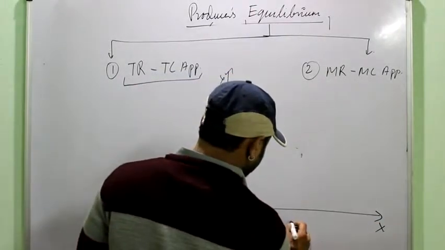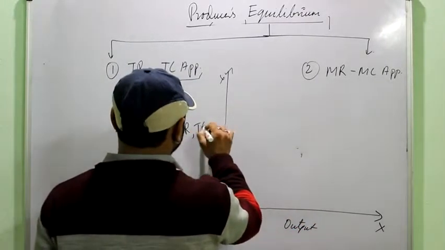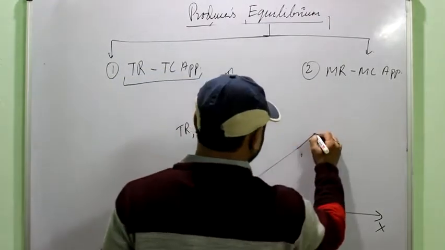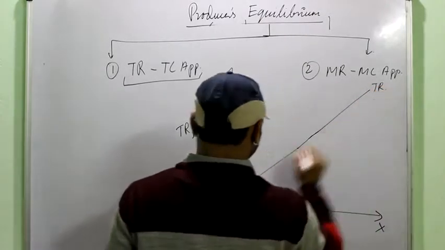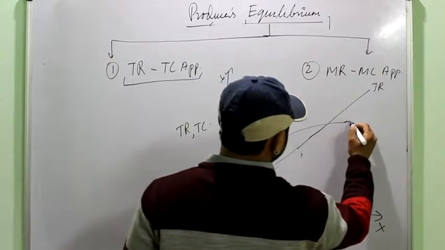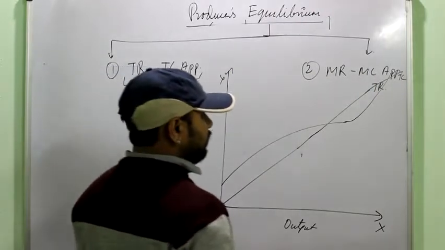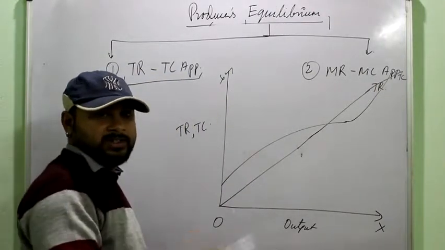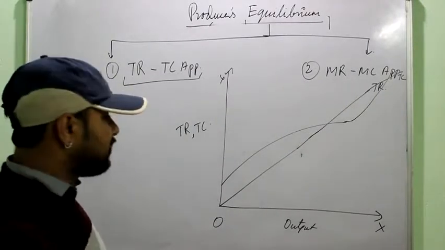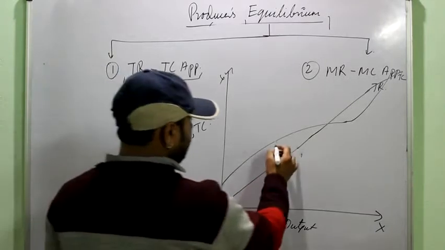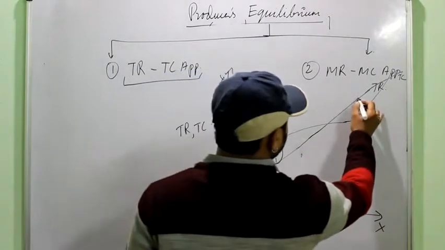Here we take the units sold, the output, on the x-axis, and total revenue and total cost on the y-axis. Suppose we talk about perfect competition. This is the TR, an upward sloping straight line, and this is the TC, say. Right, so you can see TC is inverse S-shaped because it first increases at a diminishing rate and later increases at an increasing rate, and TR under perfect competition is an upward sloping straight line. Now there is this point where you can see the maximum difference between TR and TC, and another point lying here.